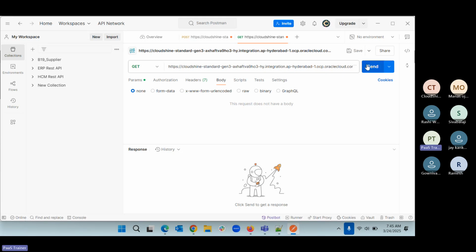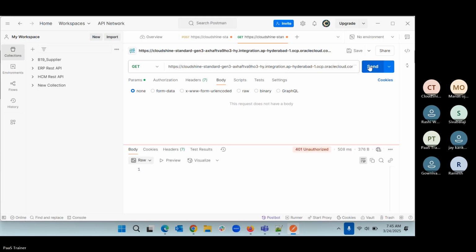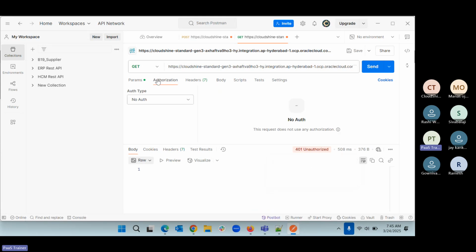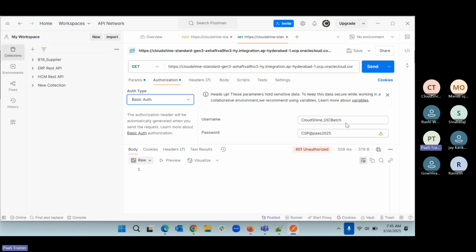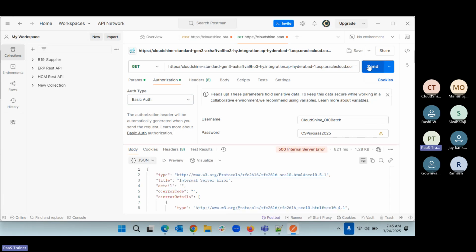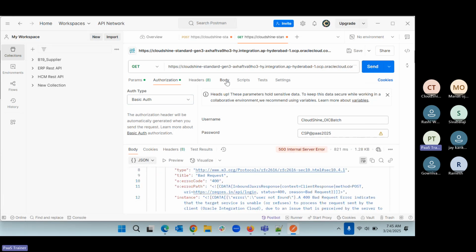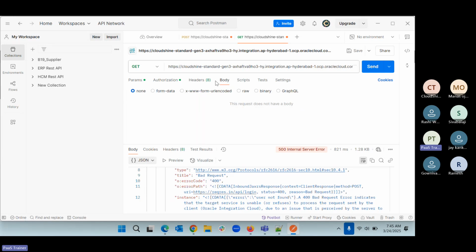So now let us go and do the testing. We'll get unauthorized, which means we need to provide the authorization. So we can come to this authorization, say basic authentication, then we have this credential. Now let us click send. If you see, we are still getting that error. So what error are we getting? It is this one. So if you go to the parameters,